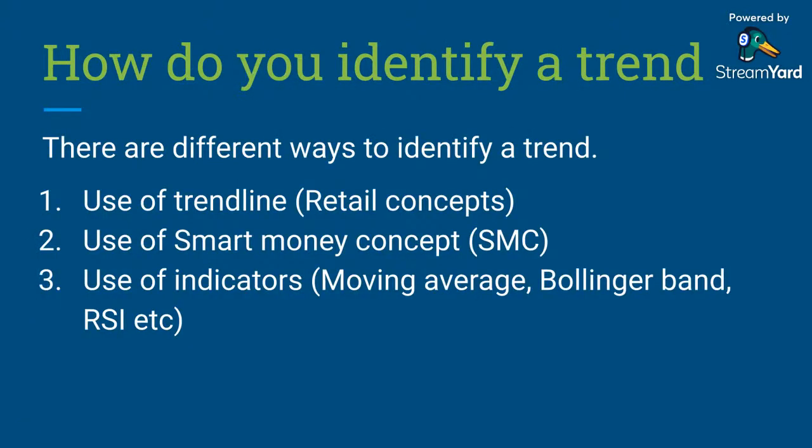Okay, so how do you identify the trend? There are different ways of identifying the trend, different means. Just like the illustration I gave, if that is your central market in your village, you would agree with me that there are 1,001 ways to go to that market. There are different routes. Even to go to Abuja, there are different routes. It's not just one way.